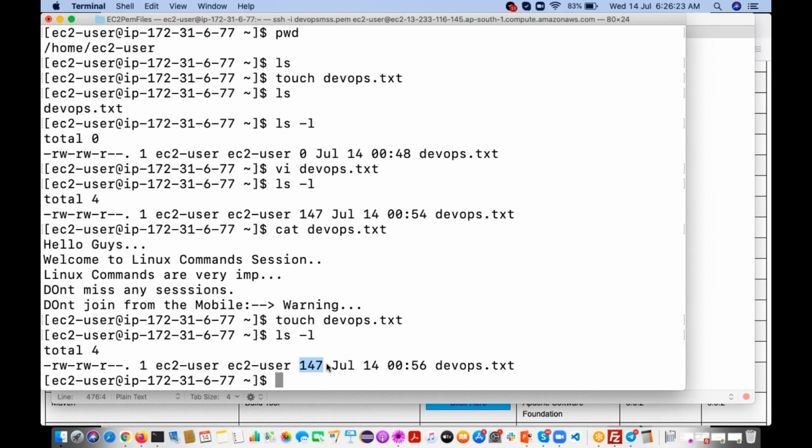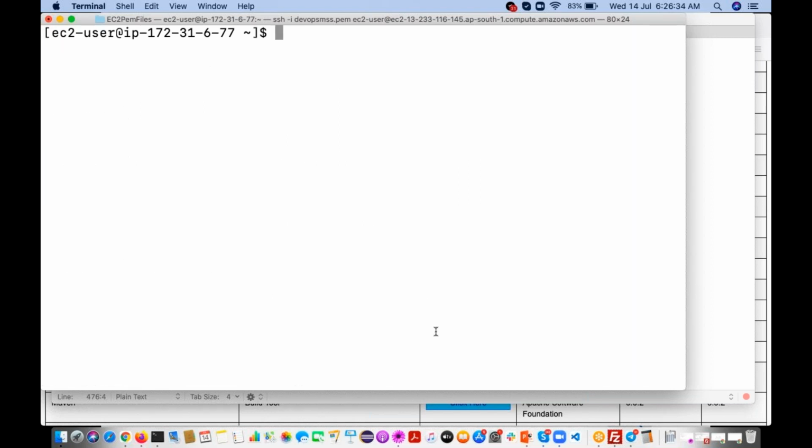Clear? Anybody have any questions about this touch command? No? Okay. See,